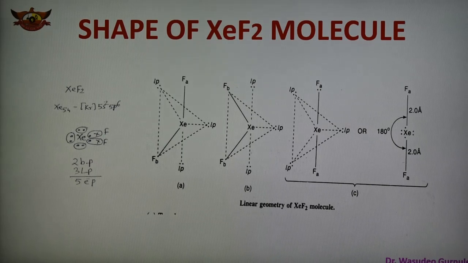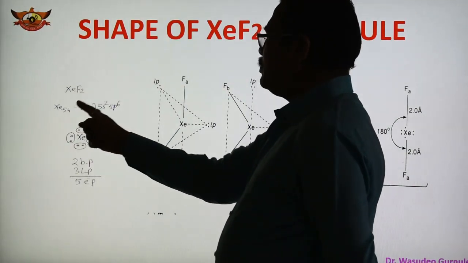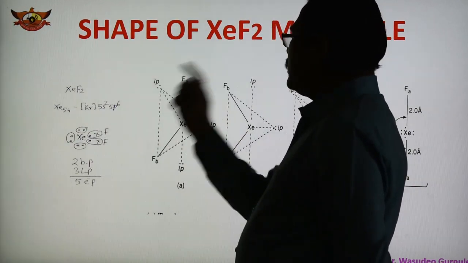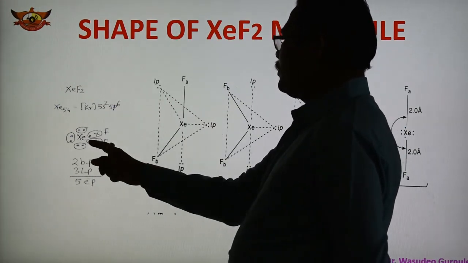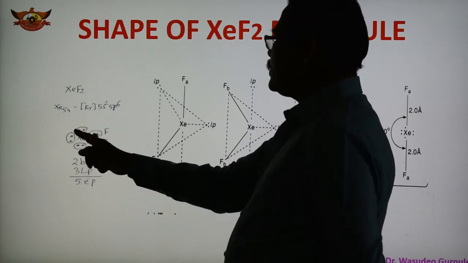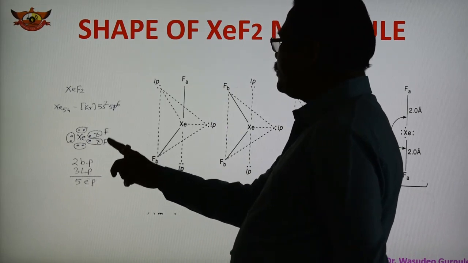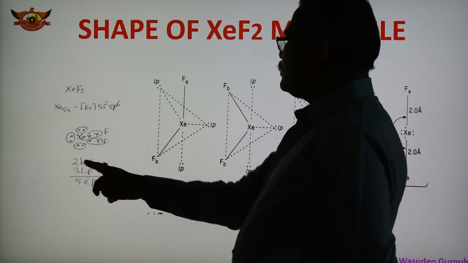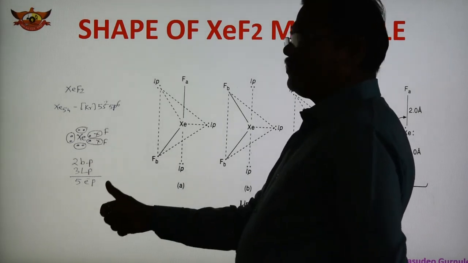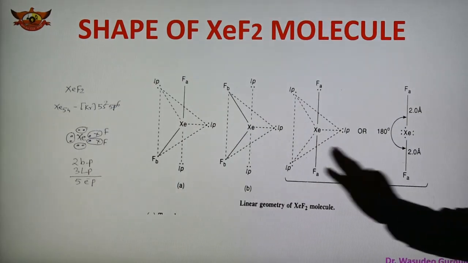Next example is the shape of xenon difluoride molecule. In case of xenon difluoride molecule, the central atom is xenon. Again atomic number is 54, and the valence shell configuration is 5s2 5p6. Total 8 electrons are there around the central atom. So these are 1 2 3 4 5 6 7 8. Out of 8 electrons, 2 electrons take part in the sharing with the electrons of fluorine, forming 2 bond pairs. So here are 2 bond pairs of electrons. So in this case, this is the Lewis structure and it has 2 bond pairs, and the remaining electrons are as lone pairs. So there are 3 lone pairs of electrons.